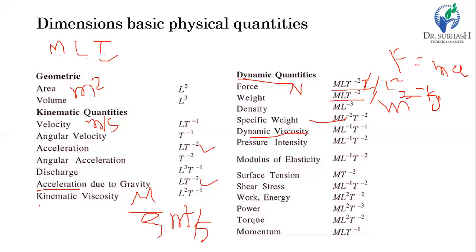And for calculation of the fundamental dimension of kinematic viscosity, again you can use the dynamic viscosity, because kinematic viscosity is nothing but the dynamic viscosity divided by density. So for calculation of MLT of kinematic viscosity, you can go through this method also, though it is a little bit lengthy, but you do not have to remember all the things. So dynamic viscosity divided by density. Density again is kg per meter cube.